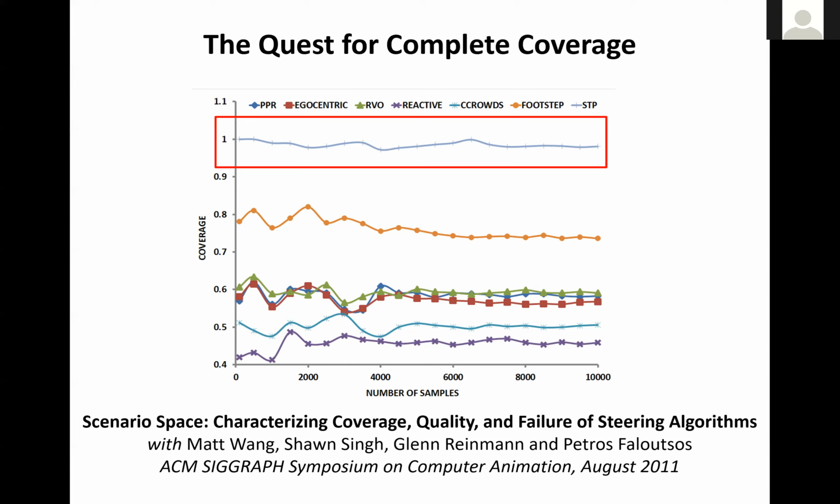What this curve is showing is essentially an offline oracle. It's a space-time planner that has an infinite time budget, so it works offline. And what we are proving here is that as long as a controller has enough processing time, it can generate a globally optimal solution. So it can produce perfect coverage. However, the challenge is that we want such coverage in a real-time system.